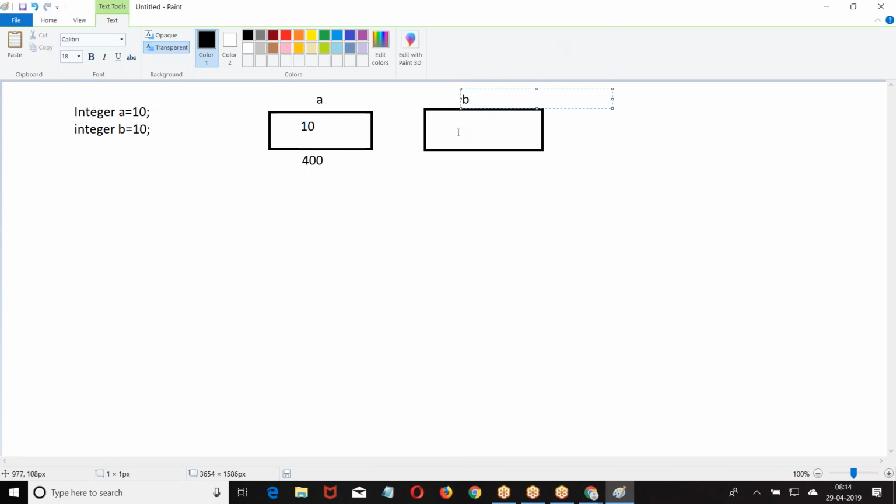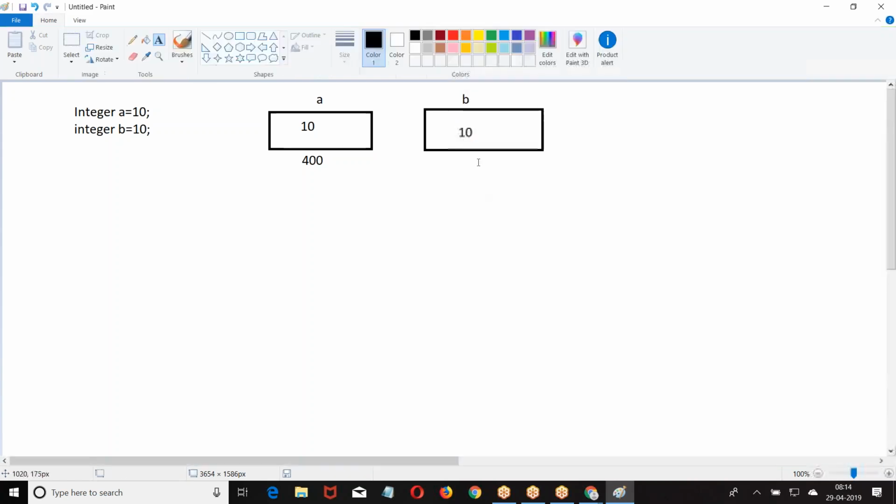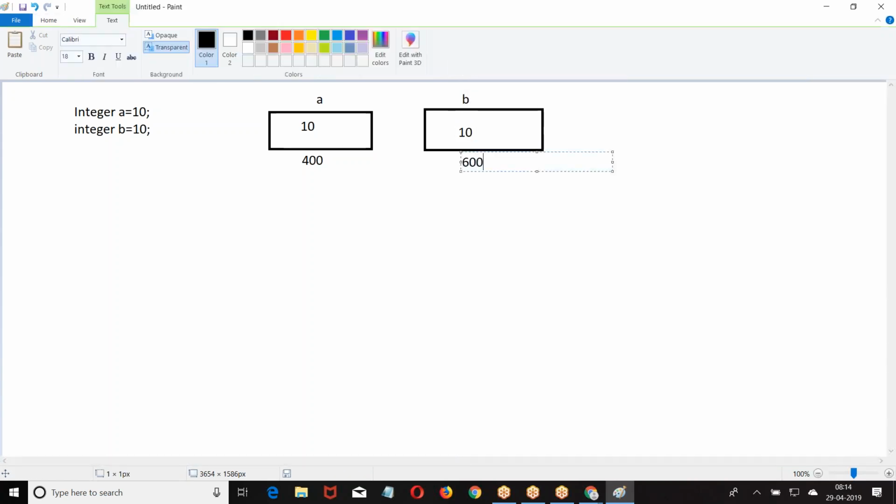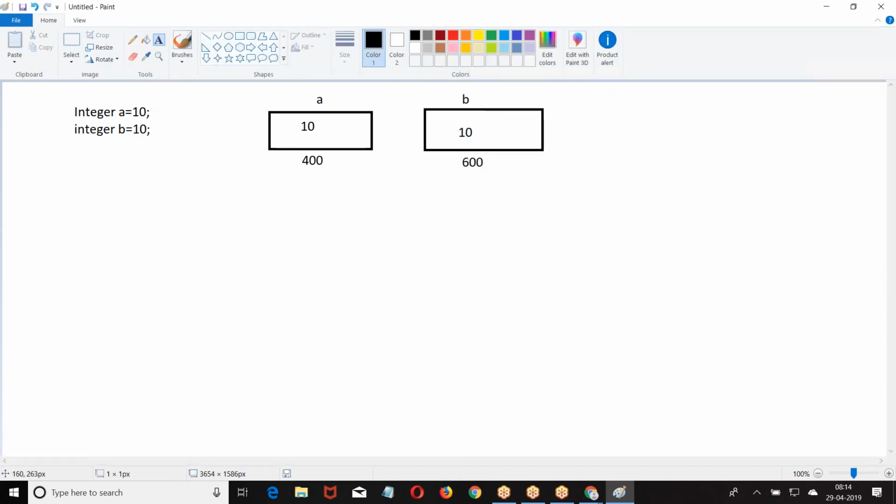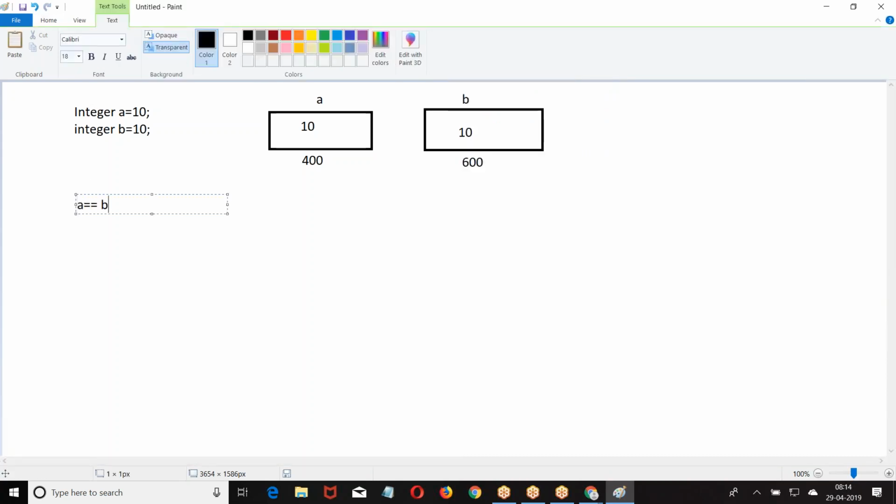In that, what is the value we are storing? Address is 600. Now, A double equal to B: left hand side value is equal to right hand side value. Left hand side value is 10, RHS is 10, both of them are same.